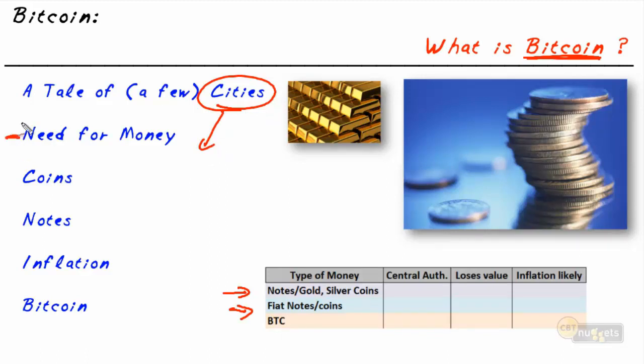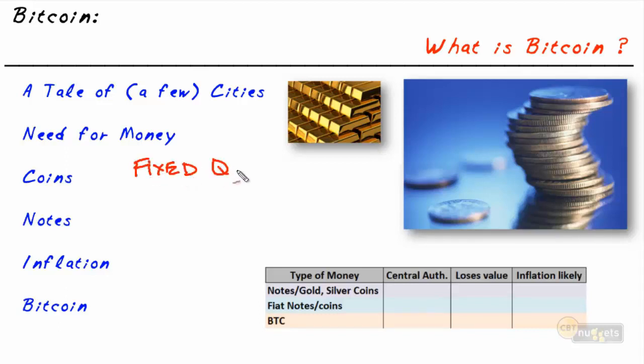So here's our idea, you and I, regarding money, because we are definitely going to need some type of money for transactions in our city. So here's what we propose. We propose that for our money system, we are going to have a fixed quantity. And that fixed quantity, maybe it starts at 1,000 units and it goes up to 21